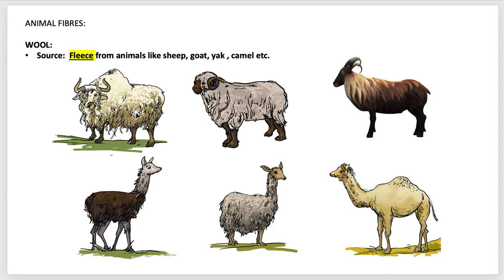So the yak, this is a yak. It is commonly found in the mountainous regions of Tibet and Ladakh. So where there are huge and big mountains like the Himalayas, yak are very easily found. So there might not be many sheep living over there. So people over there use the fleece that they get from yak. So this is very common in Tibet and Ladakh.